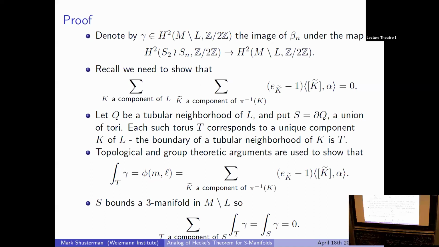So if I'm in the number field setting and I have a tamely ramified extension, can one translate your topological proof to get a proof of the number theoretical thing? Yeah, I was also thinking about it, but it wasn't completely obvious to me how to do this. But I still want to believe that there is some way. It's not wholly evident. Yeah, but it looks very similar. But there was a hard number theoretic proof, right? That equality between the epsilon factor and a valuation of the different. Is there an analog in this topological setting? Somehow Gauss sum and integral. Yeah.